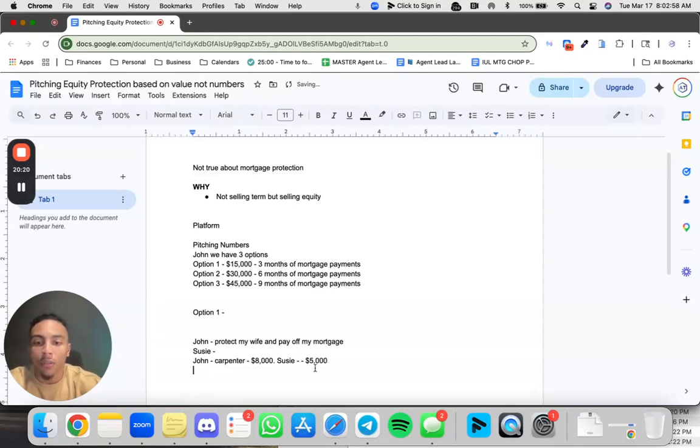Cool. So sounds good. She's making about $5,000. You're making that. So together, just correct me if I'm wrong, you guys are both bringing in about 13,000. Is that correct? He's like, yes. It's like, oh, perfect. So really your biggest focus was to make sure that something happened. Cool. So just so I have clarity here, John,